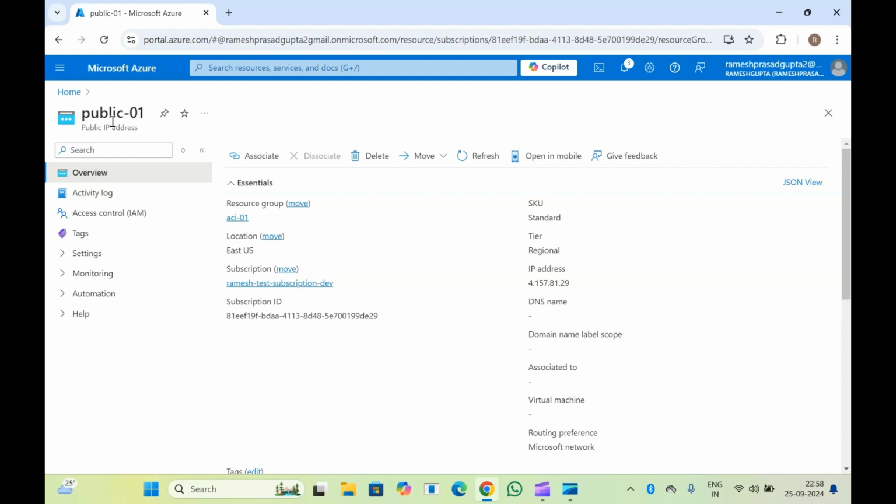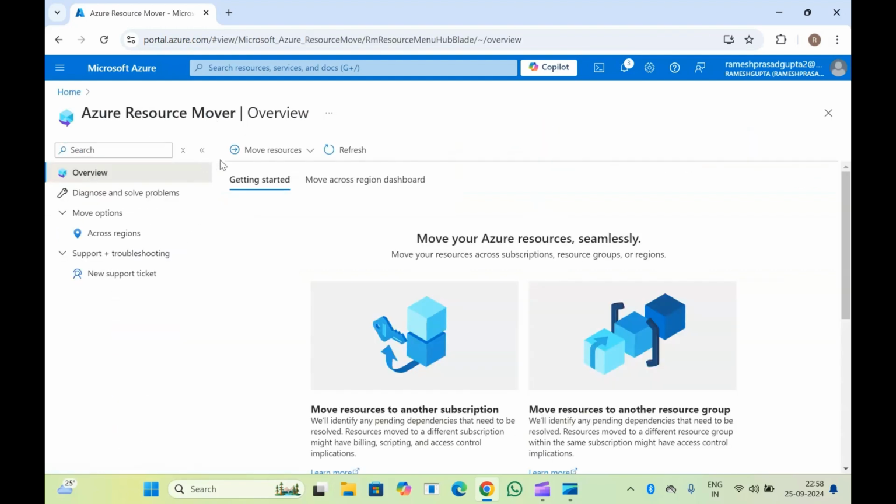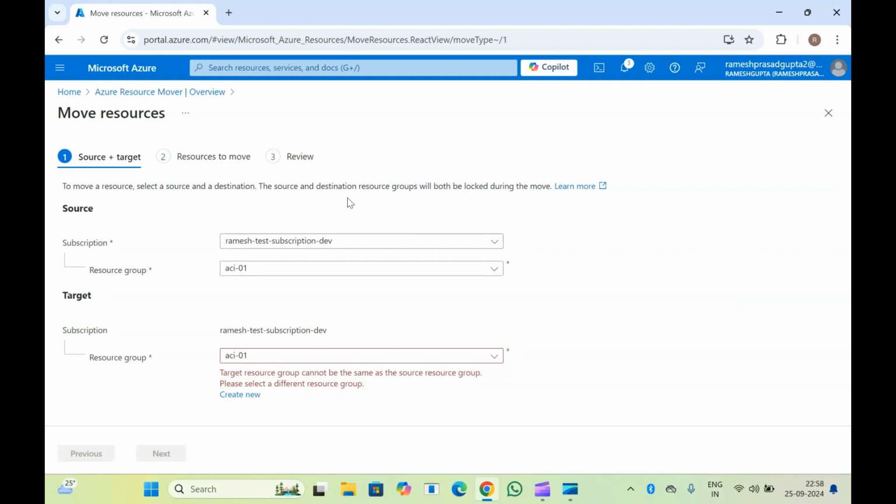So I just told you two options for how you can move the resources. One is directly going from the storage Azure Resource Mover. You can come here, click on Move Resources and select the requirement. If you want to move it to another resource group, you can select the source and destination resource group, and you can select next, and in the next you can add the resources to move whatever resources you want